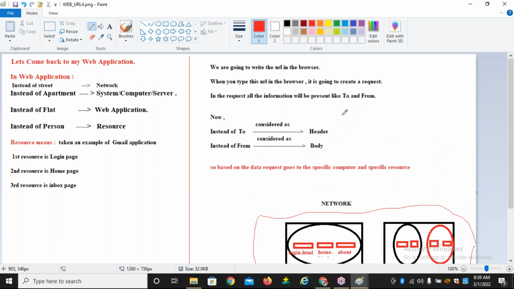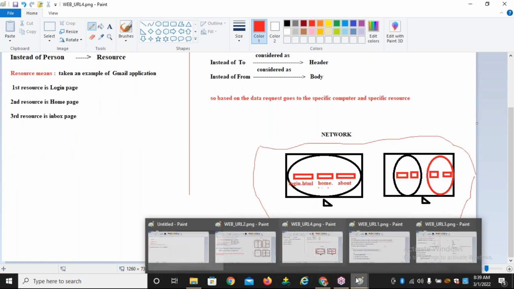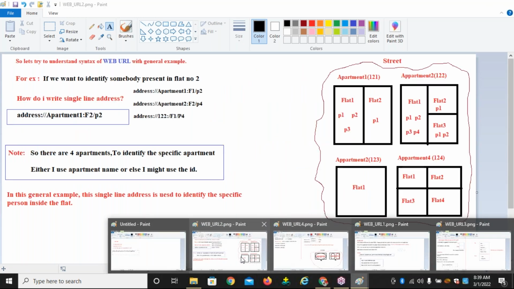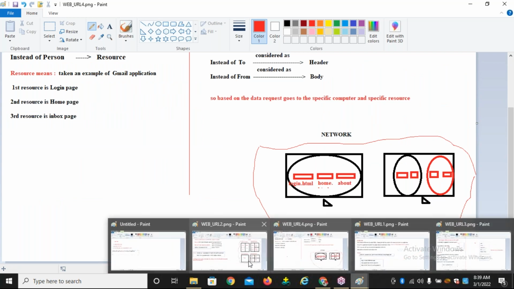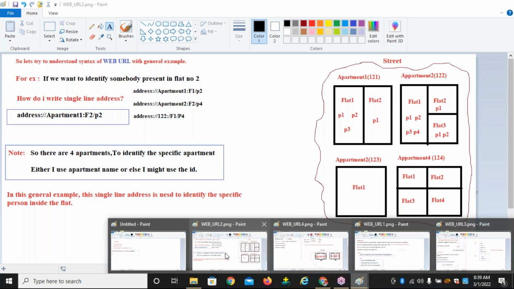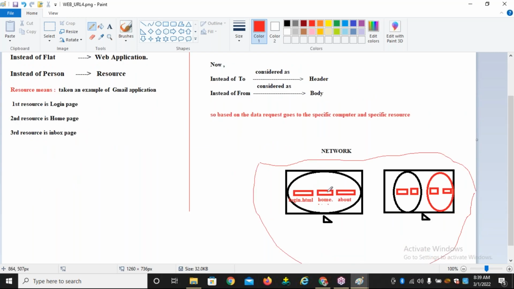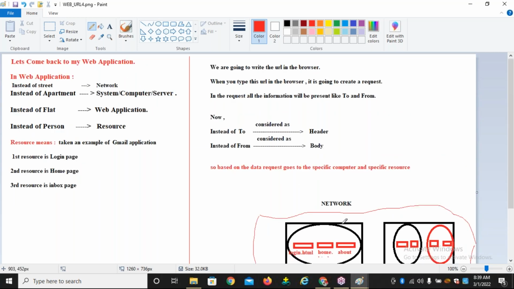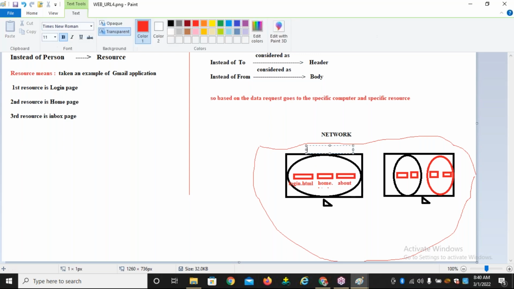Now understand it. Instead of street, I'm taking it as a network. Instead of apartment, I'm taking it as a server, computer, or a system. Instead of flat, I'm taking it as a web application. Let me take the web application as facebook.com,